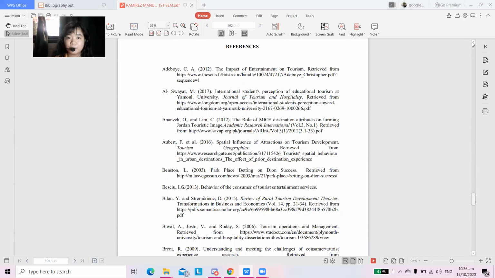This is an example of a reference list, class. This may look like a bibliography, which you see in a book, the last part with the names of authors, but a bibliography is different from a reference list. A bibliography, class, is also a collection of sources, but there are some sources that you did not cite or write word by word, word for word from the article or the book, but you got an idea from that author.